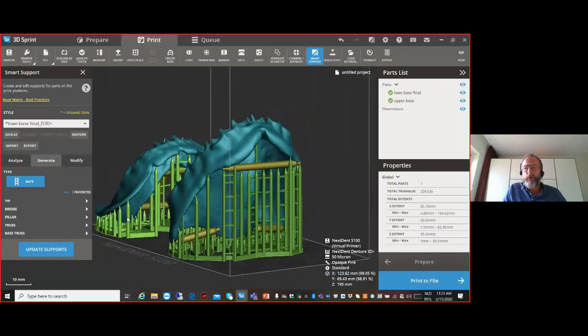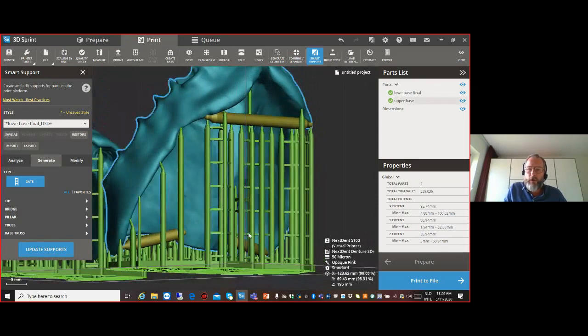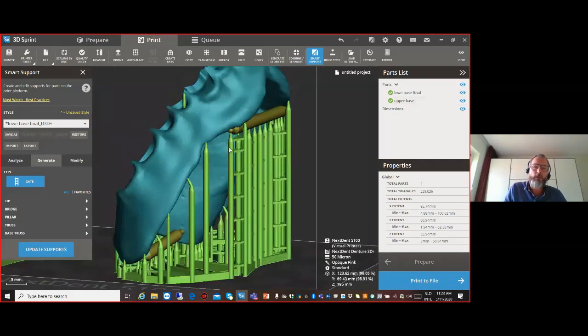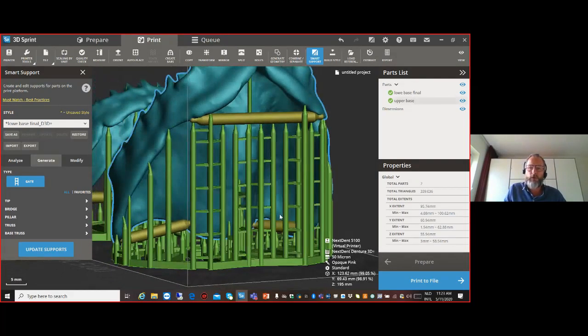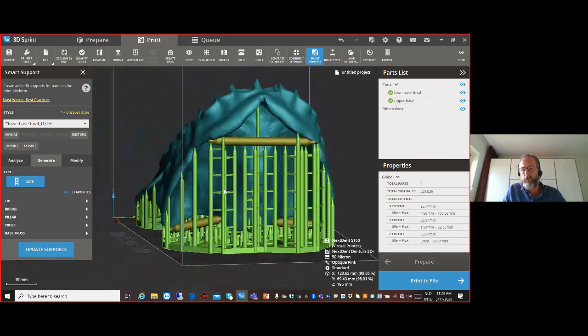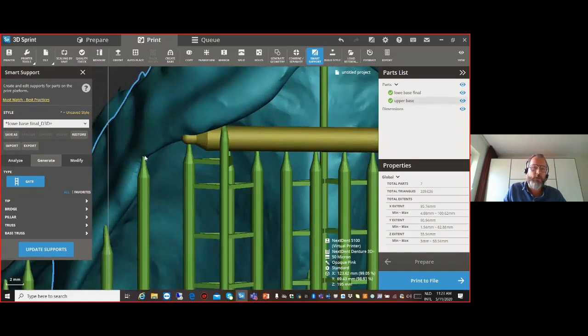There we have it. So this support style is also, let's say we have some scaffolding in between these higher pillars. We found that with the normal support style, these pillars were quite high and not connected, and therefore not so stable during the build. So now this new support style is more robust. The supports are more robust during the build, but they still have the very, very fine tips that we need,